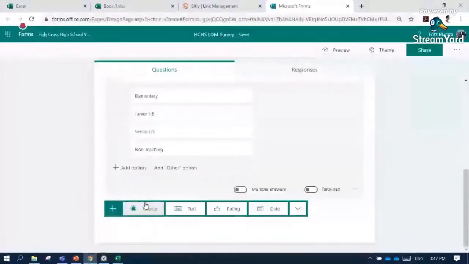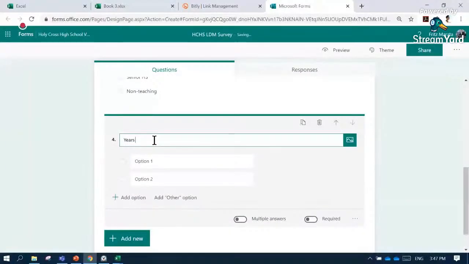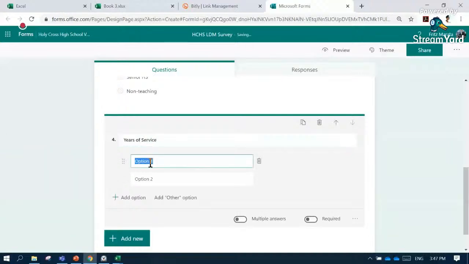Okay, so another choice question for years of service. And we can have the first option as 0 to 5 years. Second option is 6 to 10 years. Next, we can have 11 to 15.